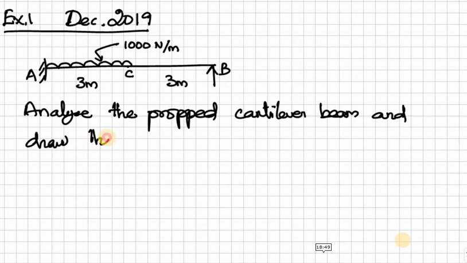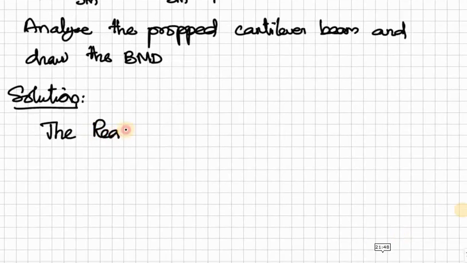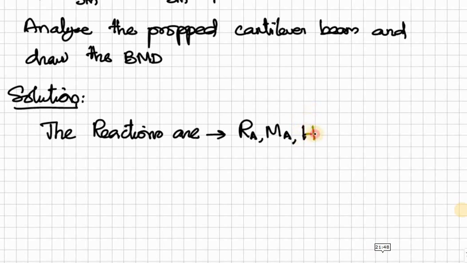Therefore, first we have to find out which reaction is redundant and how many redundant reactions we have. That we have to determine first. Okay. So here, how many reactions we have? So the reactions are RA, MA, HA, because the support is fixed support, and RB. So we have 4 reactions,